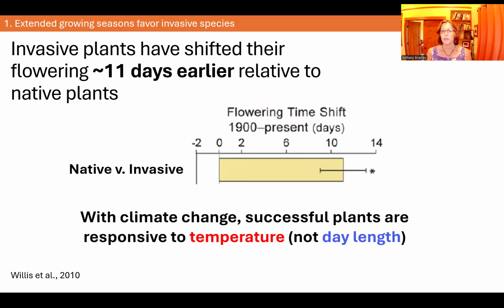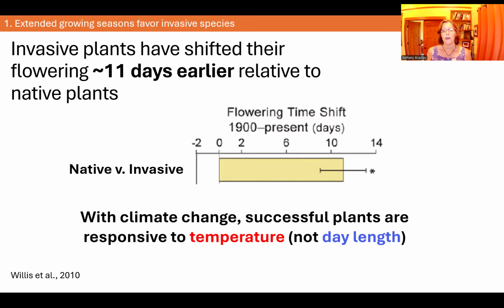So the positive relationship between temperature and invasive plant performance from that last graph could be due to longer growing seasons. So this graph is from a study of over 100 years of herbarium records collected around Massachusetts from the early 1900s through the early 2000s. And they looked at the dates when the collected herbarium specimens were flowering and then measured change in flowering dates over time. So when they compared native plants and their flowering over time to invasive plants flowering over time, they found that invasive plants had shifted their flowering dates by 11 days earlier relative to native plants over that 100-year